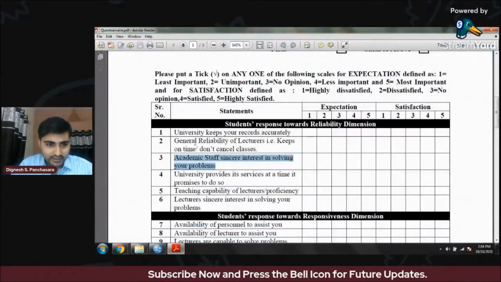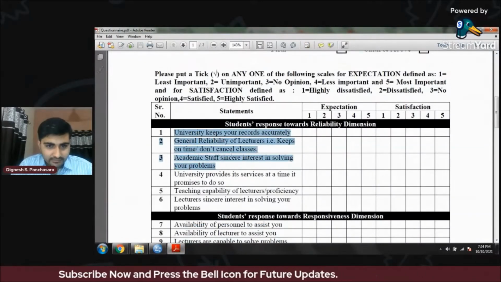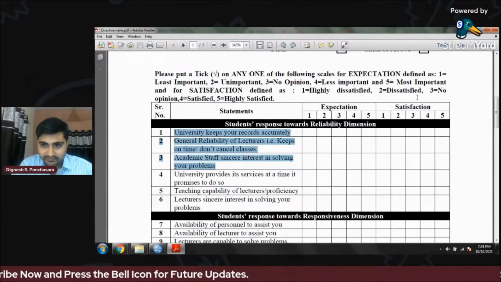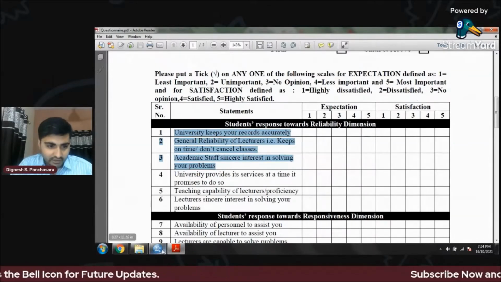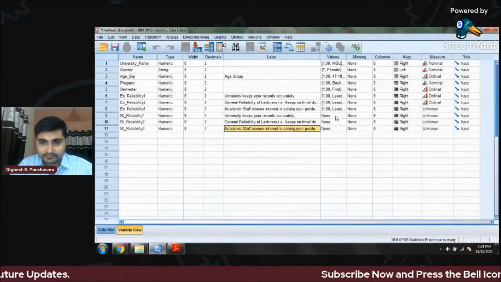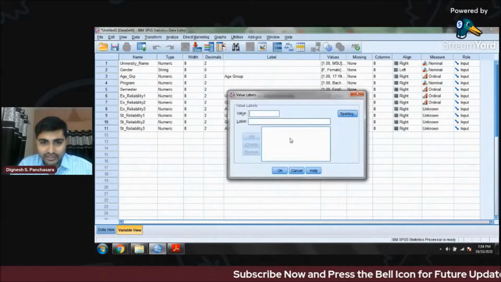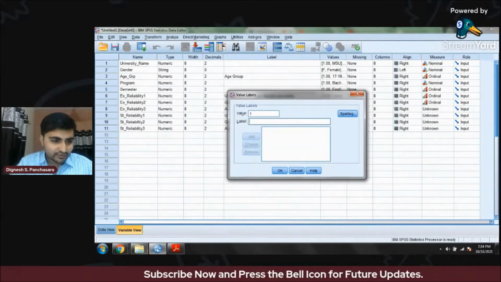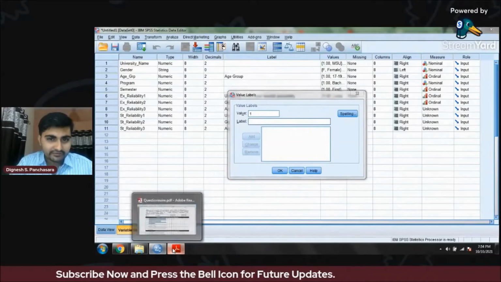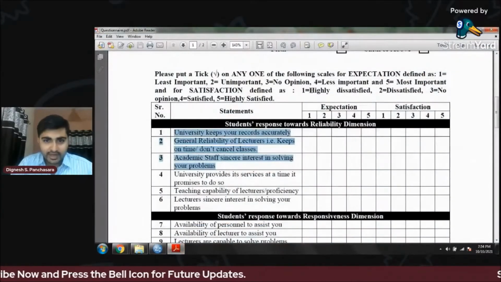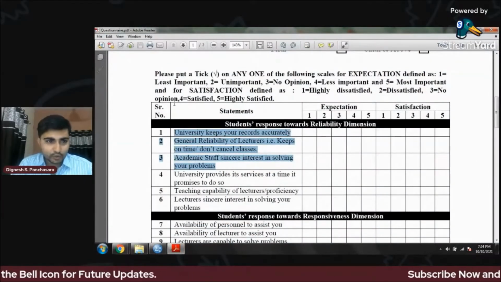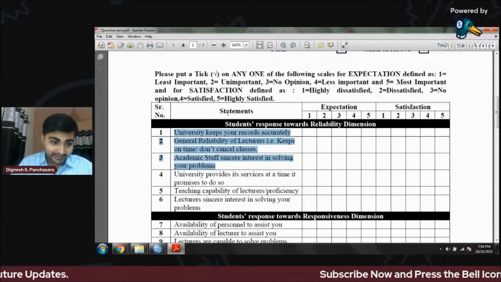Here we can see the statements are the same. We are having expectation differently and satisfaction differently. Now we have to change because for satisfaction the codes are different, for example, highly dissatisfied, dissatisfied, no opinion, satisfied, and highly satisfied.